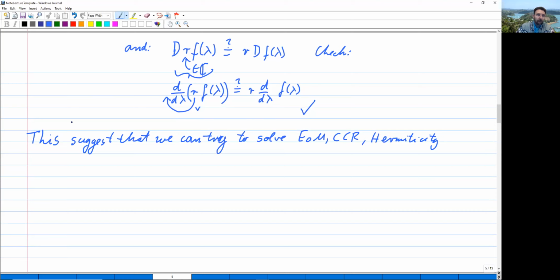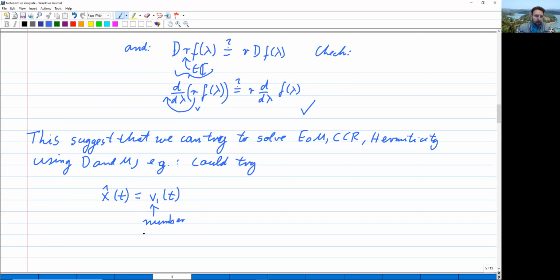We can try instead to solve the equations of motion, the canonical commutation relations, and the hermiticity condition using D and M. So, e.g., we could try that x hat of t could be something like a function v1 of t, which is number valued, times the D operator, the derivative operator, plus v2 of t times the multiplication operator,